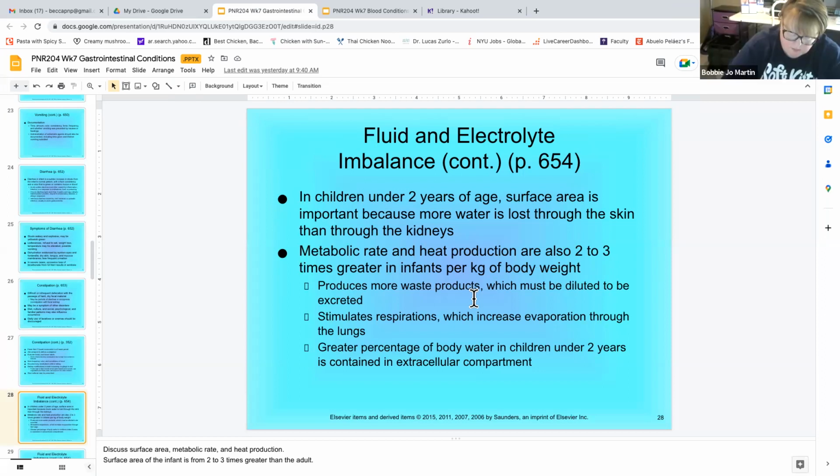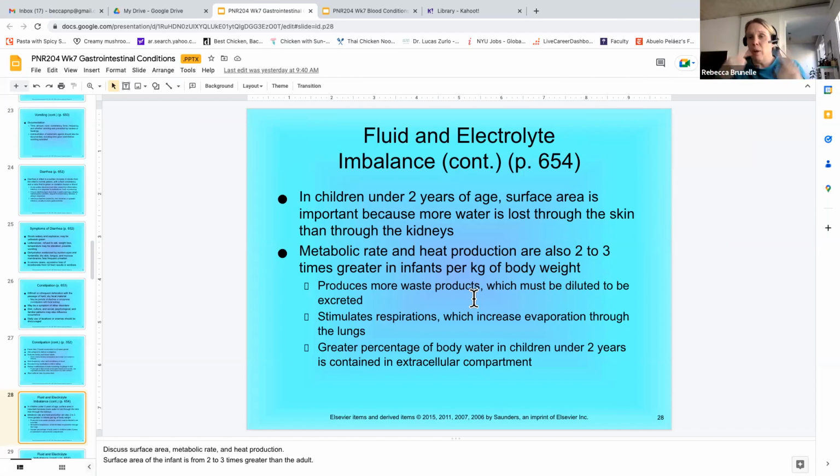They just don't drink as much fluid as we do. Yeah, I mean, they might not, right? Because they're dependent on you for the most part. So they might not just know to get water and drink as much fluid. And what's different about their body? And then too, with their skin and their temperature of the skin. Okay, so they have a higher body surface area relative to their overall size. So they lose more fluid through their skin.